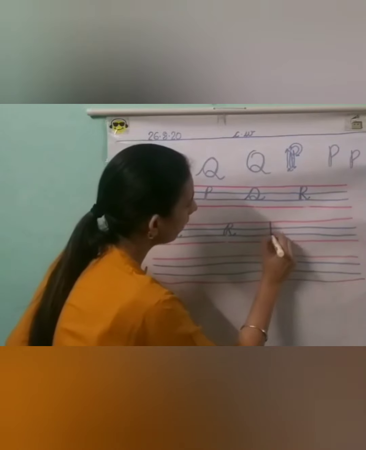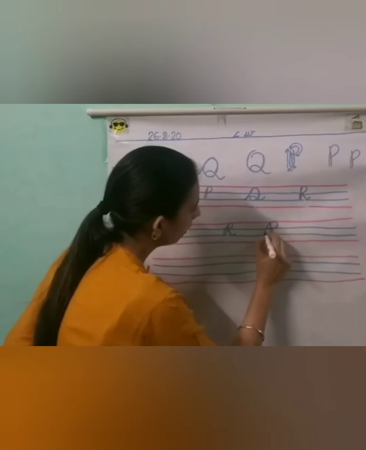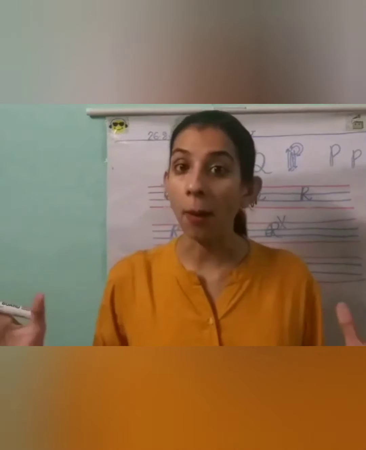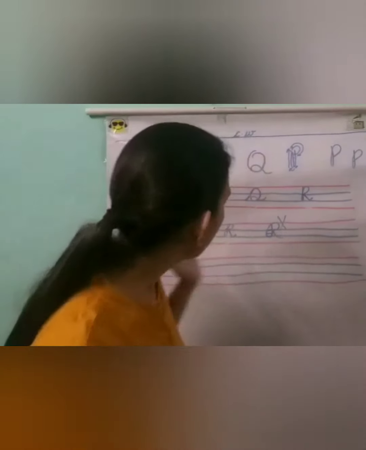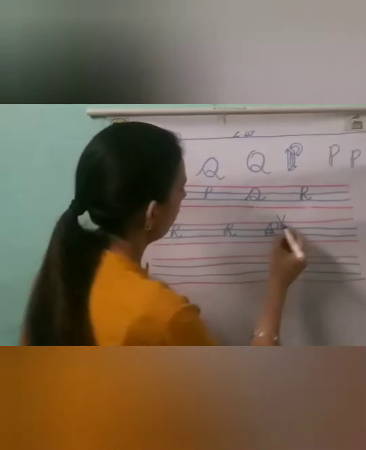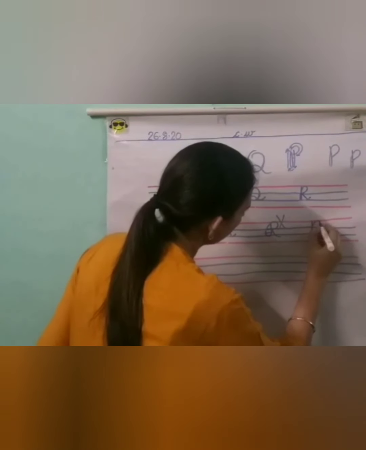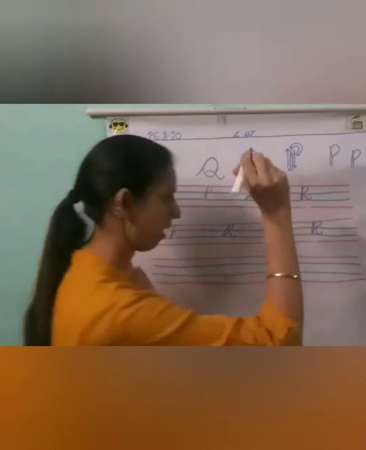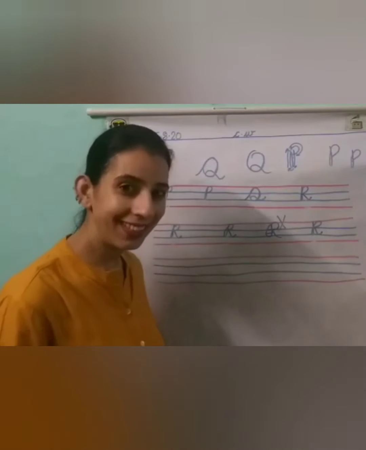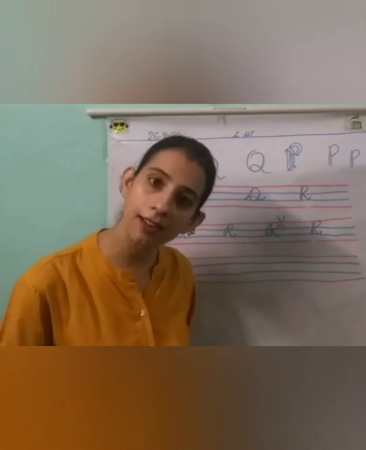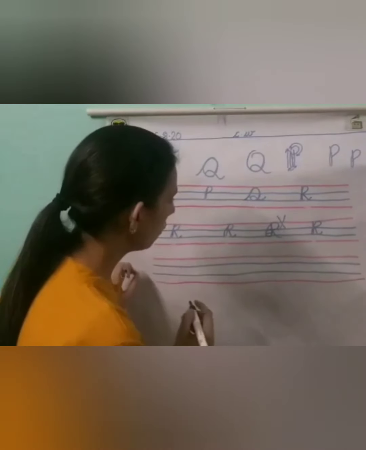Don't make it like a big one. This is wrong. I don't want a big stomach. Okay, so make it a small stomach. Okay, one more time we will do straight line, go up, make a P and then R. Okay, easy. Let's make S. So R says R. And now we will do S.